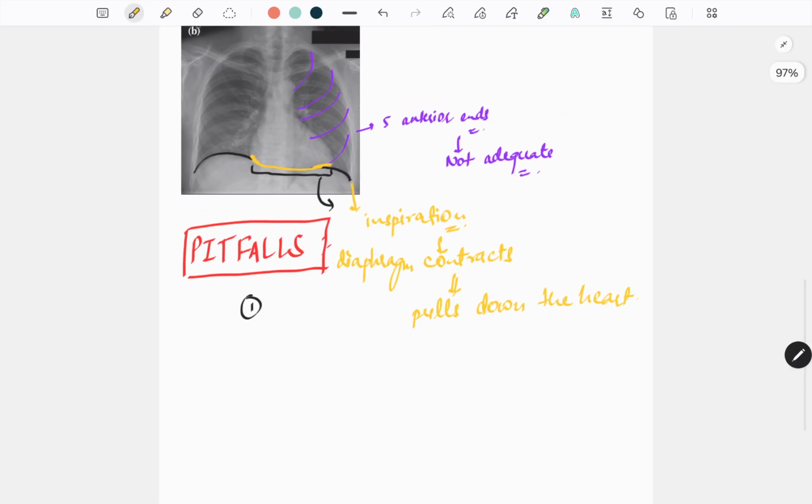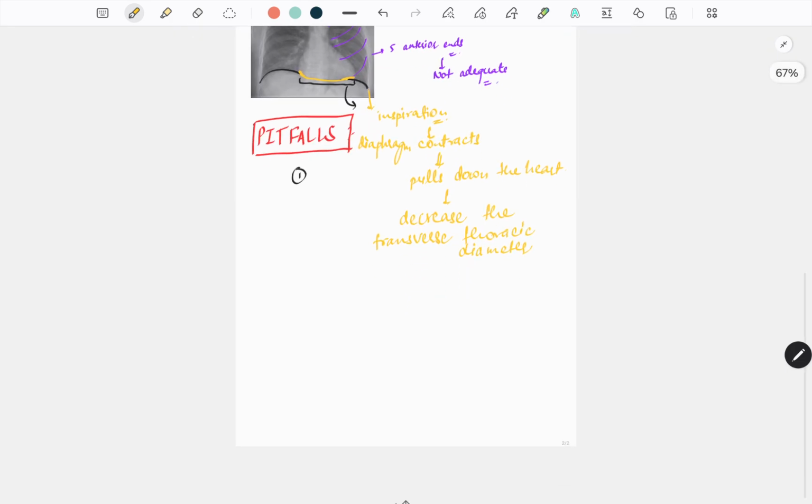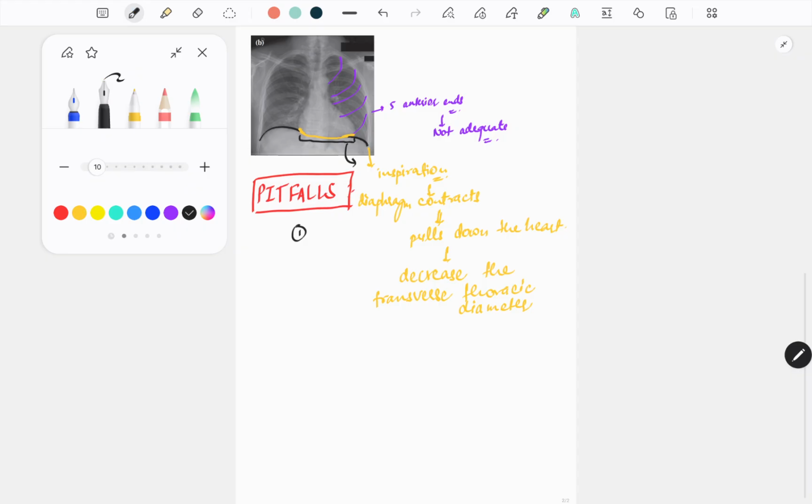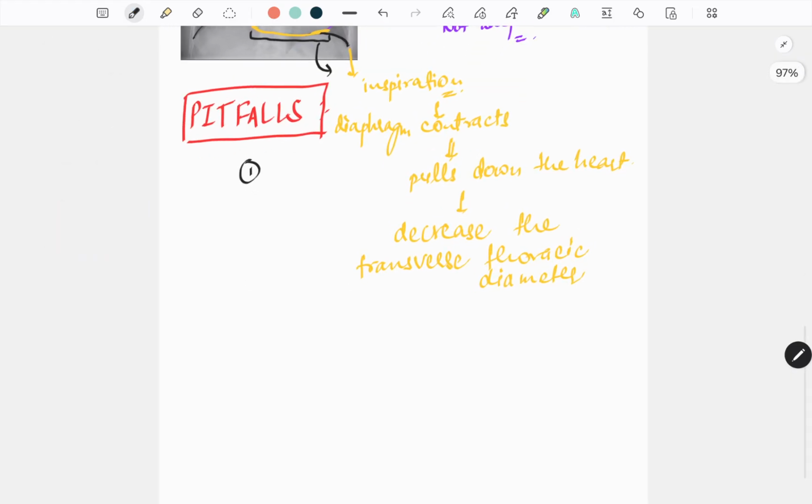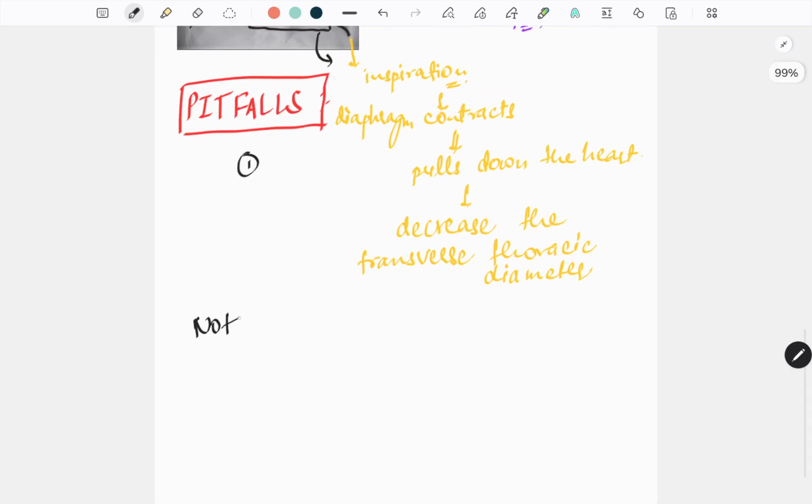What will this do? This will decrease the transverse thoracic diameter. Okay, because of this thing, if inspiration is not adequate,